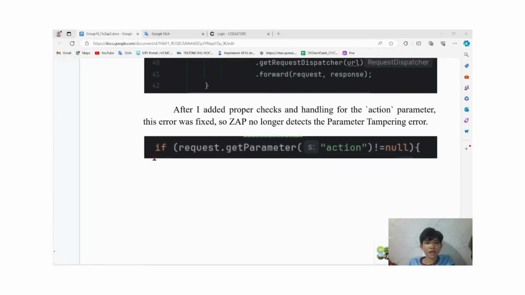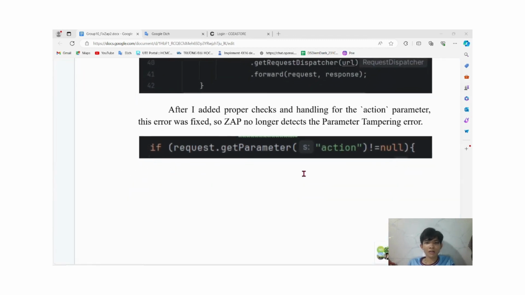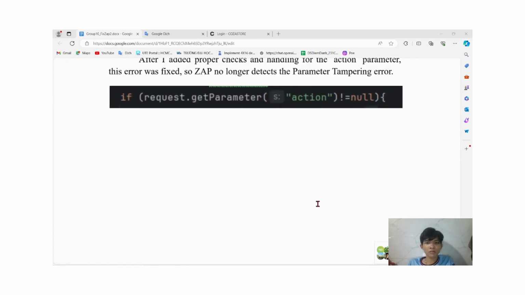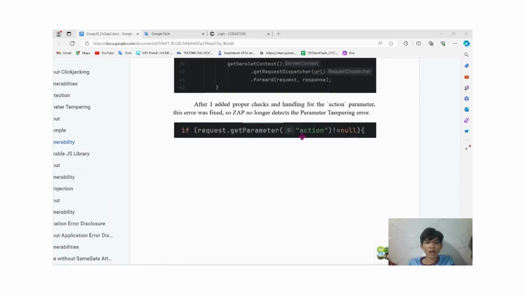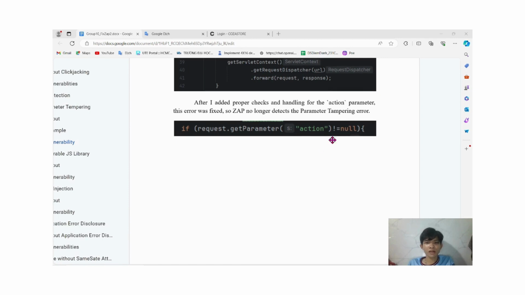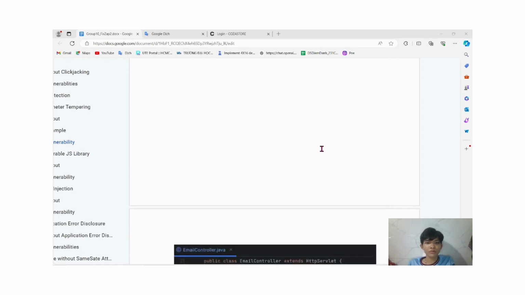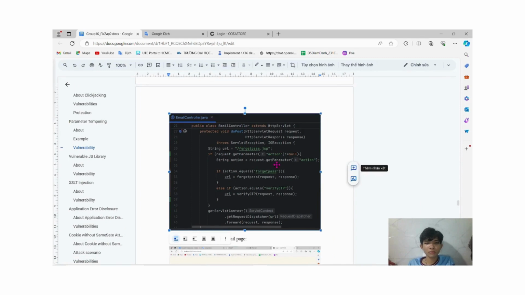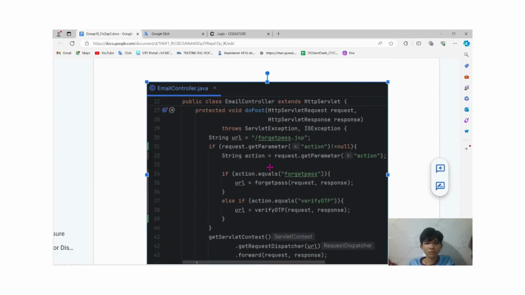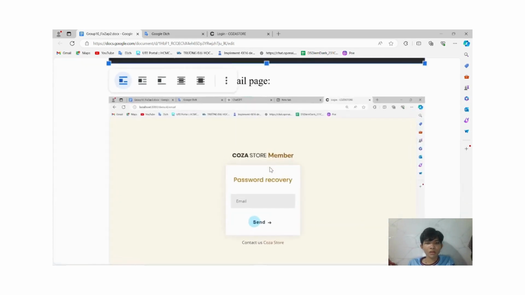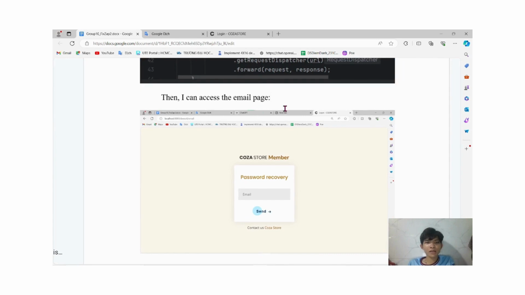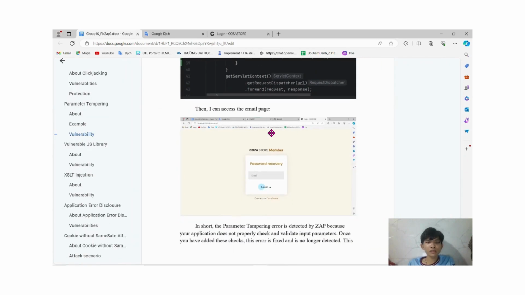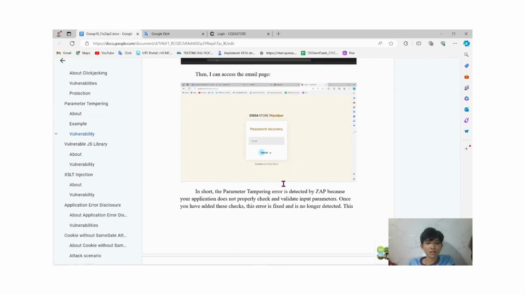You can see when I edit this code action, I will check that this action is different from null. So I will add the code. You can see when I fix it, I can accept the email page. In short,